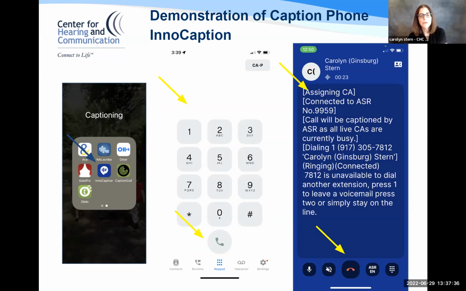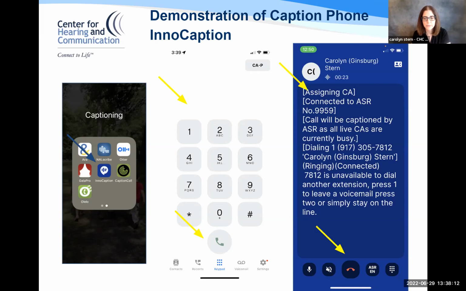And then when you're ready, you can tap on the button and it will dial the phone call for you. You can also just directly dial in the phone number if you don't want to give the app your contacts. Then once the phone call begins, you will see the next experience on the right, where the captioning of the phone call will start to appear. This particular app offers artificial intelligence captioning, or AI captioning, and or a live human captioner who can caption your